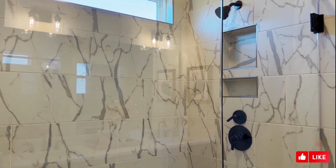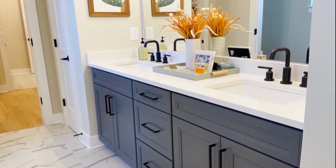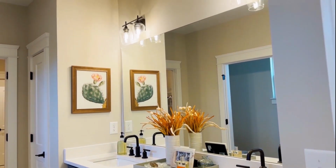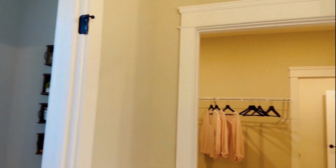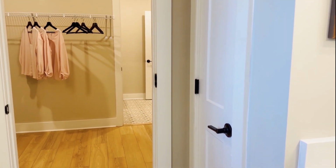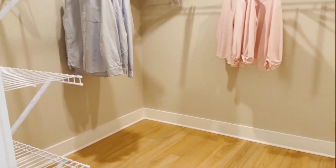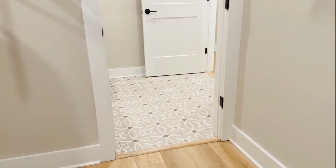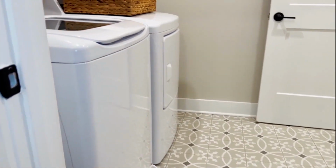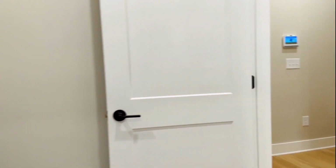Couple of cubbies in there for your things. Tile floor, dual vanity. Have a water closet here and a linen closet on this side. We go right into the primary closet and out through a laundry room, back into